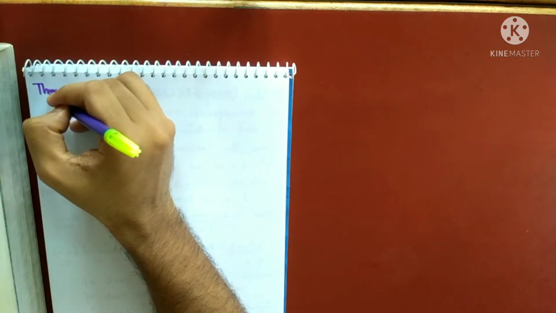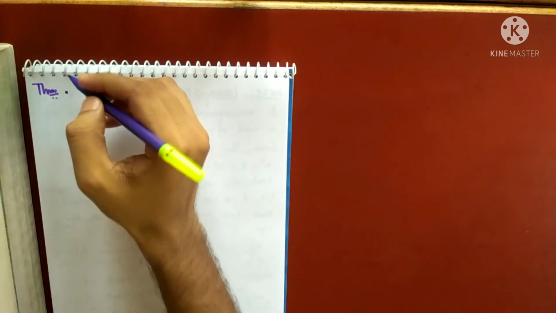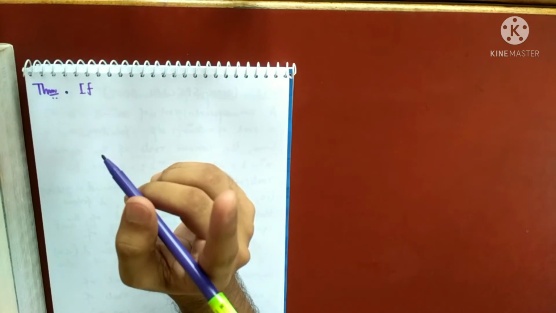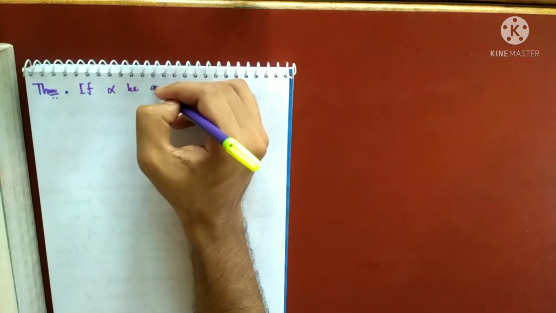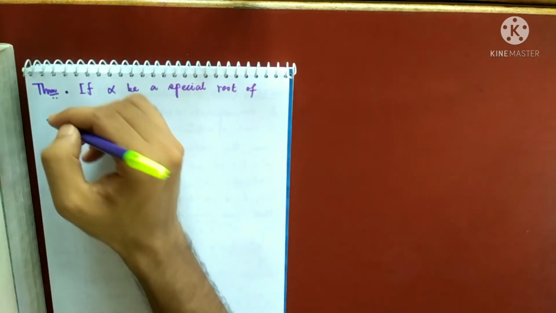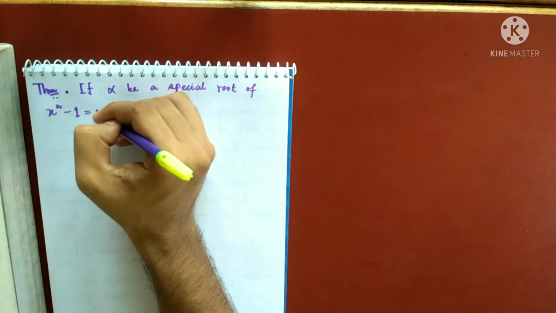So this theorem gives us a very precise answer, and this also tells us why we care about special roots. This will give you the answer that if you start with a special root of the equation x to the power n minus 1 equals 0, you can get all the roots. But if you are not starting with a special root, you will not get all the roots. So this is the next theorem. This was the definition which I had given in the previous video, that if you start with a special root, you will get all the roots. So if alpha be a special root of x to the power n minus 1 equals 0,